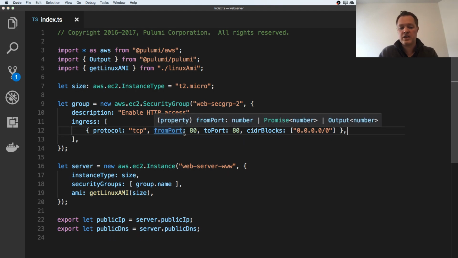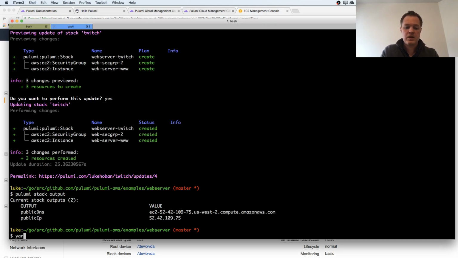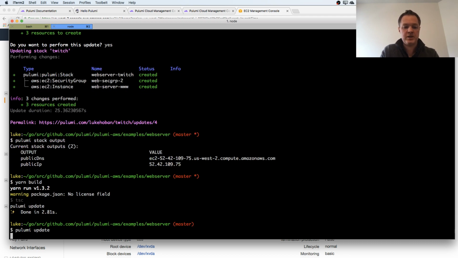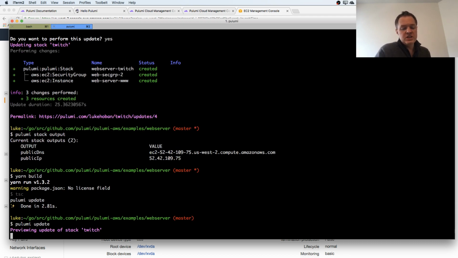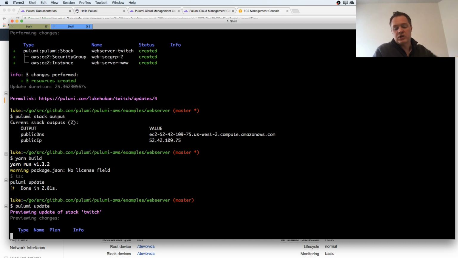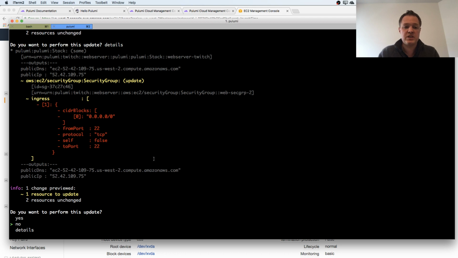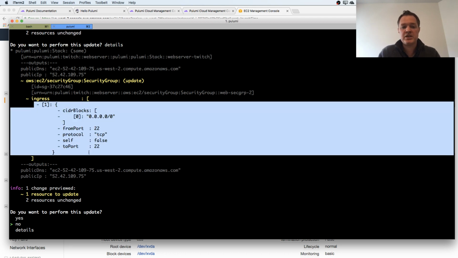And if I change one of those, let's say I want to cut off SSH access to this, I come back over here, and because I'm using TypeScript, I'll just build that real quick, and then I do Pulumi update. What we'll see is that instead of recreating all of my infrastructure for this application, Pulumi is going to compute the minimal diff it needs to make the change to my target infrastructure. In this case, I can just do an update in place to my security group to change my ingress rules. I can even see the details and see that the change I'm going to make is to remove that